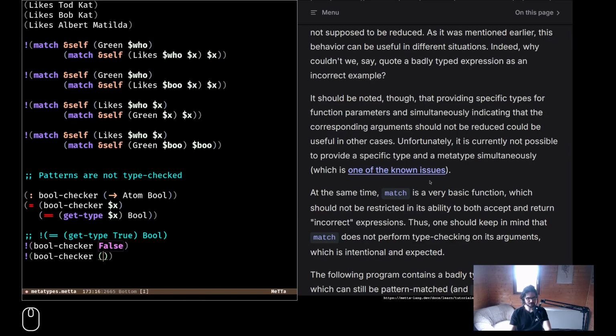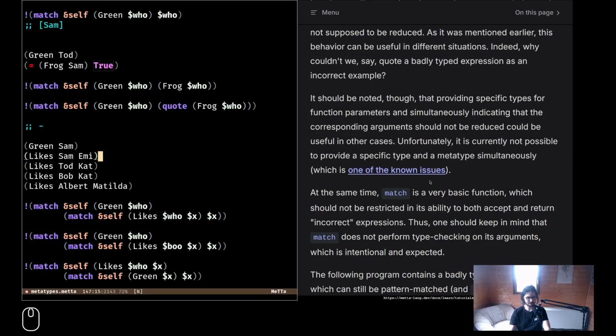And bool checker of plus 1 1, just false, and also something like this, nothing, right? So yeah, nothing.